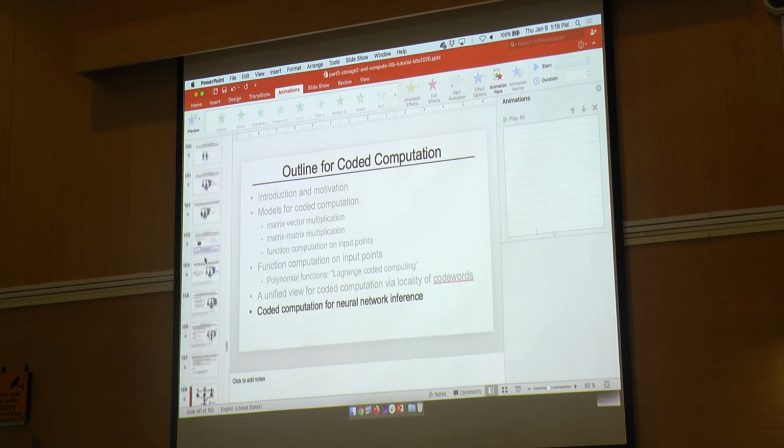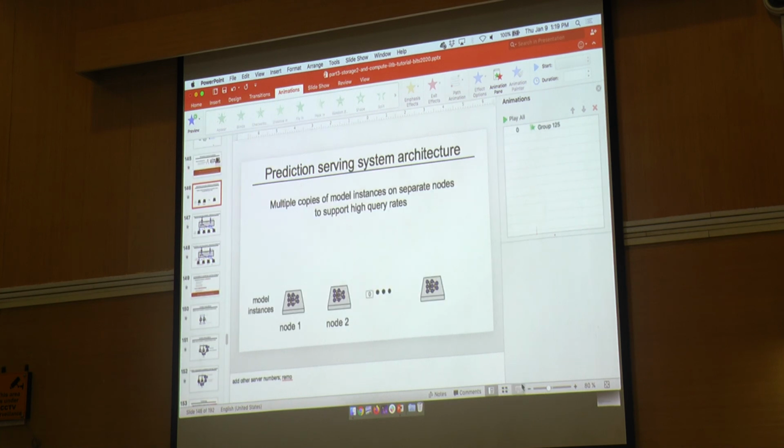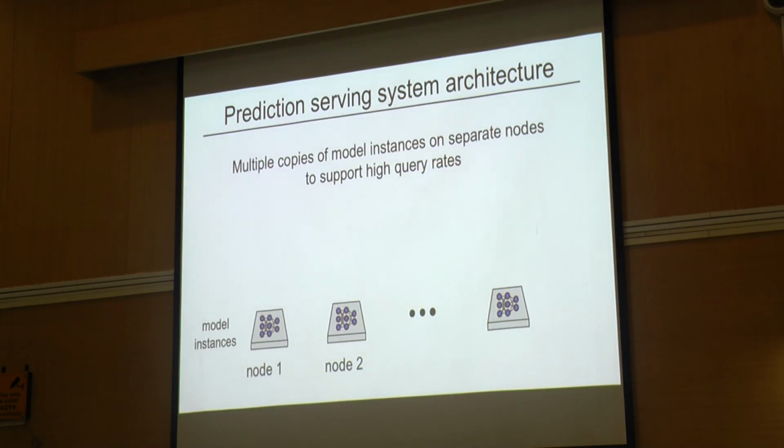So I want to quickly jump through the motivation, because I'm sure it's well known and you can go through the slides. So currently, the main application here that we're looking at is what is called prediction serving systems. So prediction serving systems are systems that deploy already learned machine learning models, take in queries, and give out the